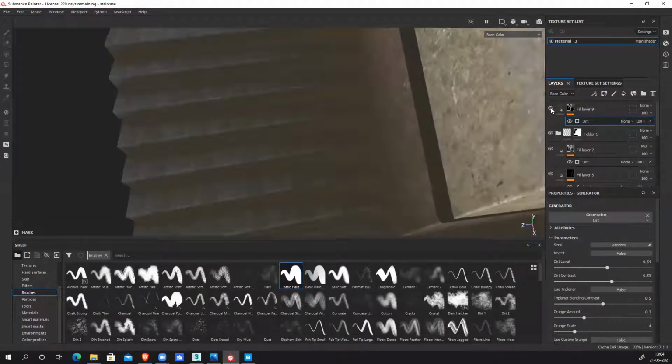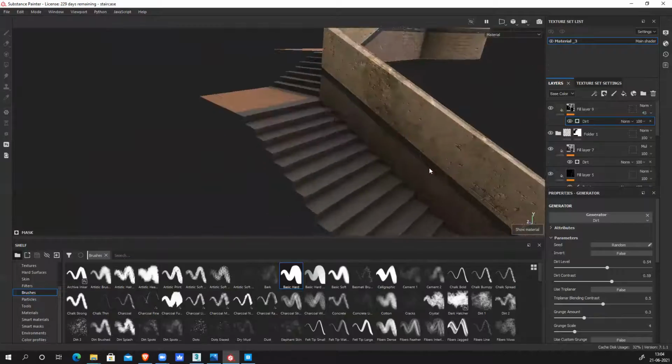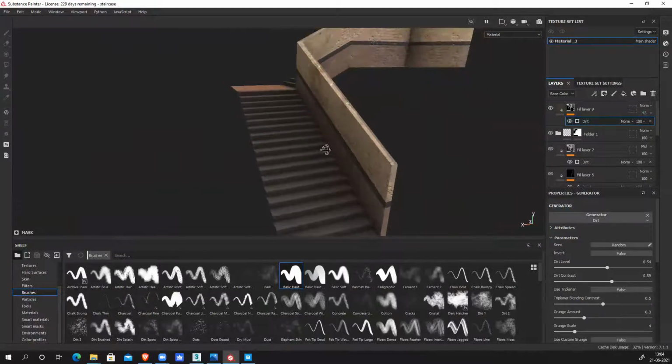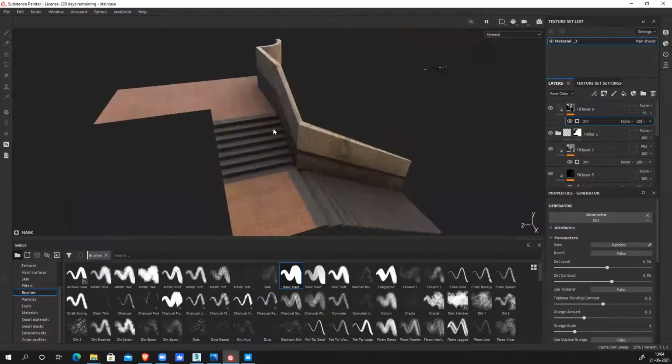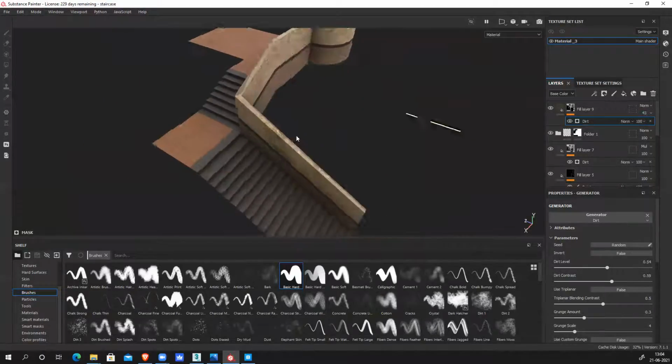This texture I need to blend with the base. You can see the base was black. So what I can do is reduce the opacity slightly, so it blends with the base and generates those details easily.